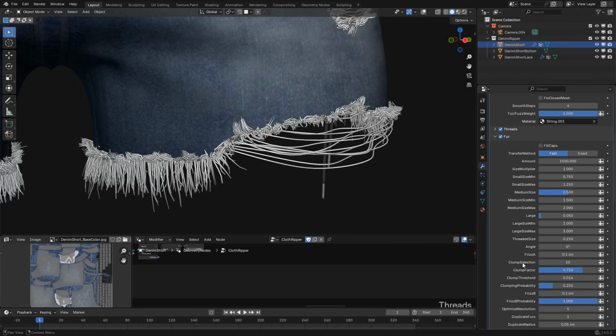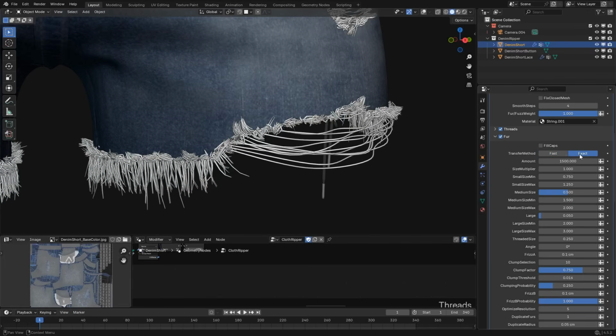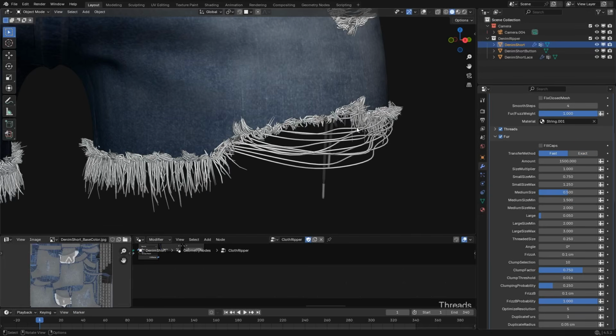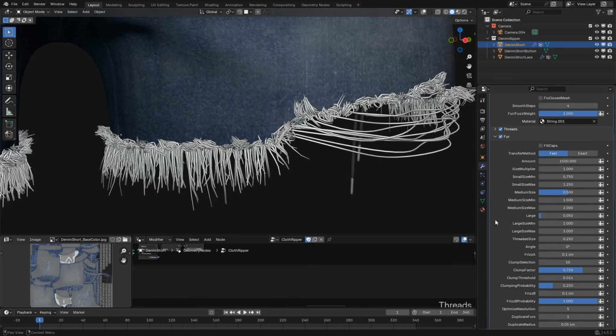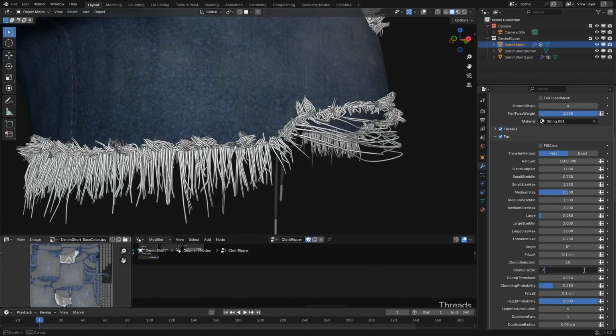We have clump selection. Now, clump selection is going to change when you go to exact the ways being generated, but overall they are actually very, very similar. So clump selection is right now set to 10, clump factor is 0.75. If I change this to 1, you can see that they are going to be more clumped together. And we have clump threshold, which is